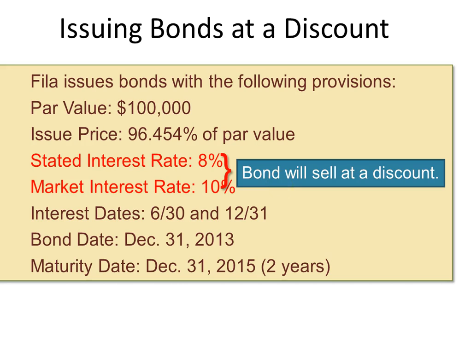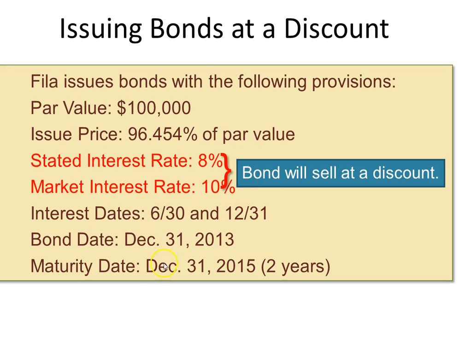Here we'll give an example of issuing bonds at a discount. This will be where the price of the bond is less. And understand that there's an inversion. If prices go down, interest rates go up. It's sort of like a T-square thing, or like children playing on a balancing beam. So one will have to compensate for the other.